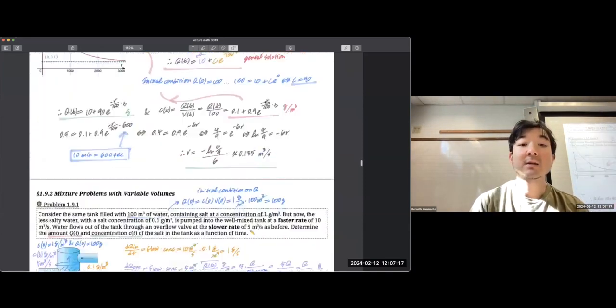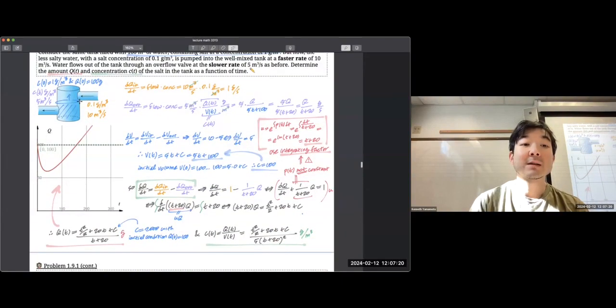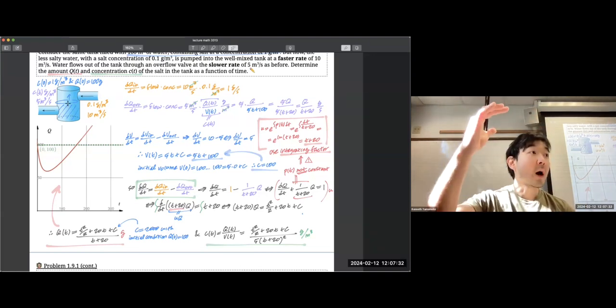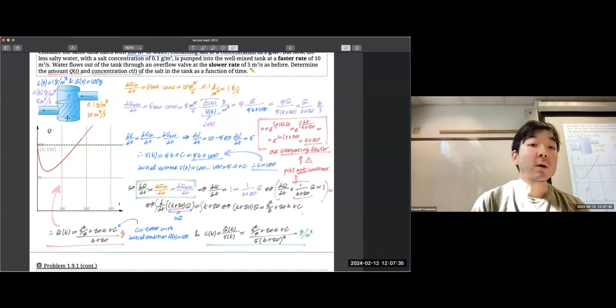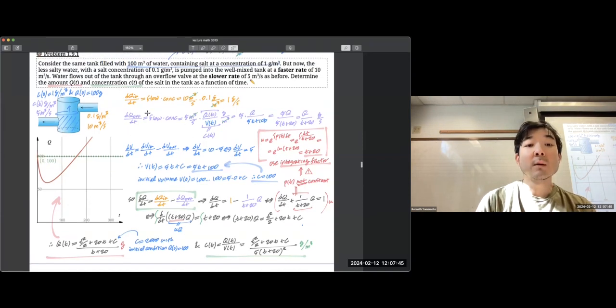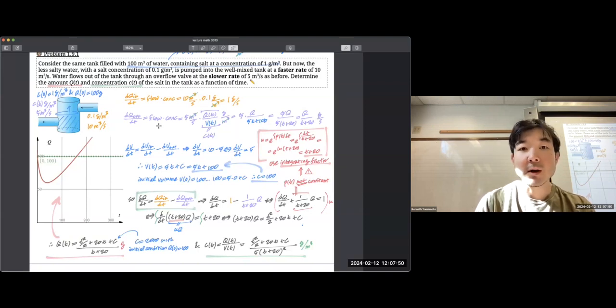But if you had a case where your inflow is twice the rate of your outflow, so this is 10 meters cubed per second versus 5 meters cubed per second, and the tank is big enough to hold more water, then your volume of water will progressively grow at a net gain of 5 cubic meters every second, because you're putting in 10 and taking out 5. And that means that your outflow rate of pollutant or salt or whatever is going to be flow times the